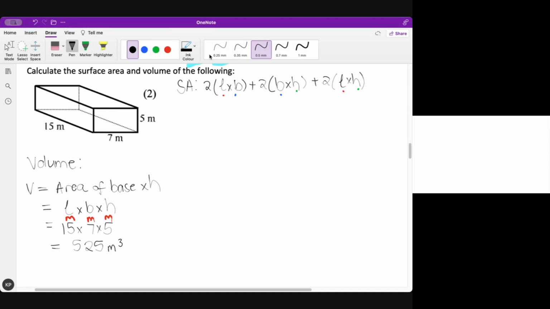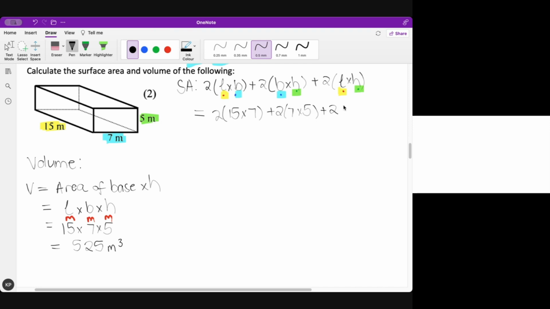All right, so let's get multiplying. 2 times, and my length is, okay, so I do this. I don't know if you guys do this, but I color code my stuff because then I don't multiply stuff that I'm not supposed to multiply with each other. And your height is 5 meters. I know some people make a little key for themselves, like on the side they'll write L is 15 and then just substitute from this. So whichever one works for you, do that so that you don't get confused and suddenly you multiply 7, but you said length. Okay, so this is 2 times 15 times 7 plus 2 times 7 times 5